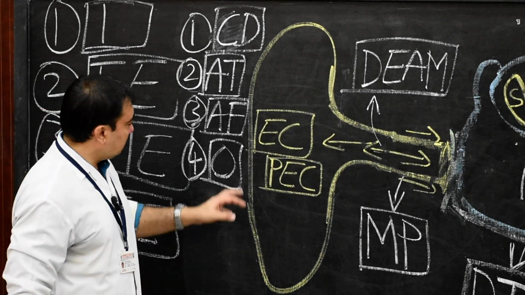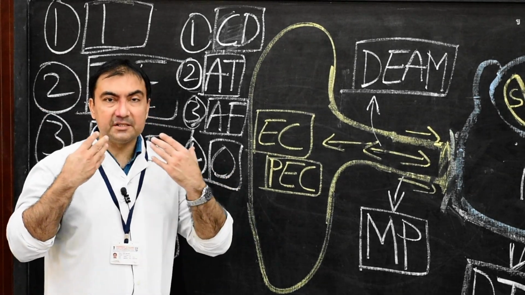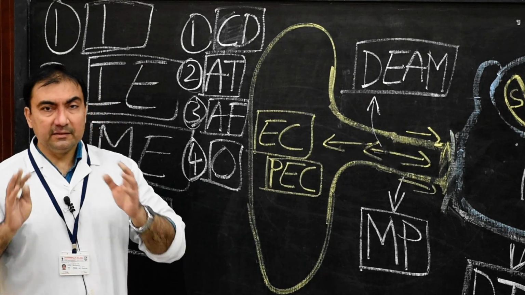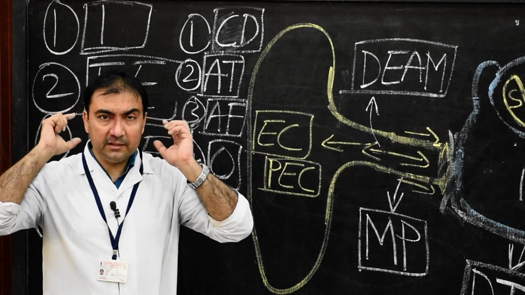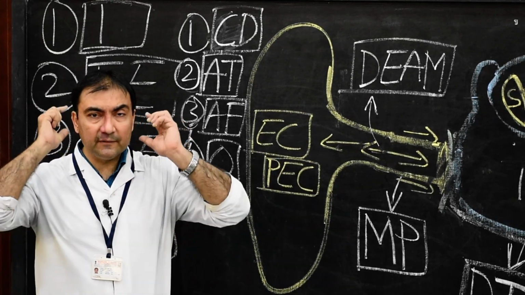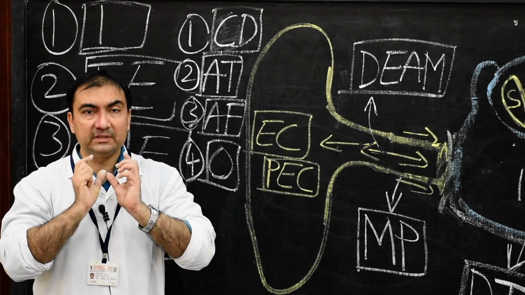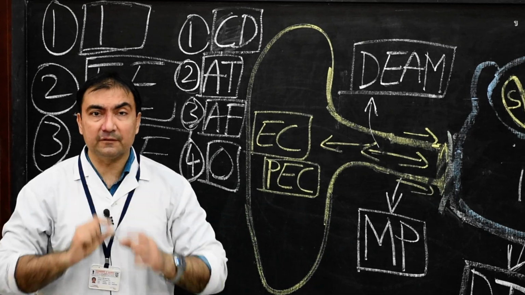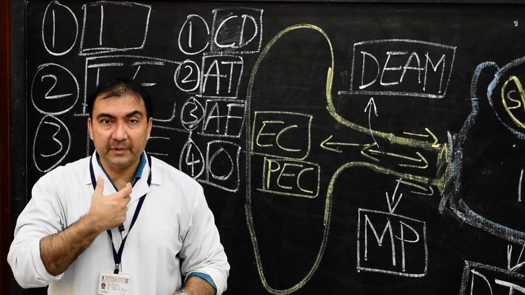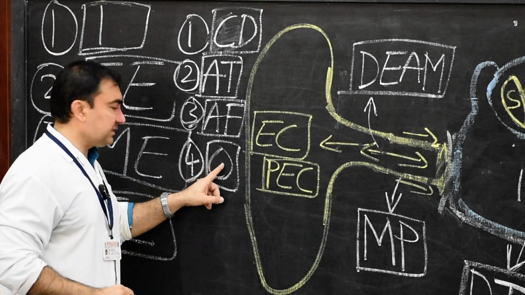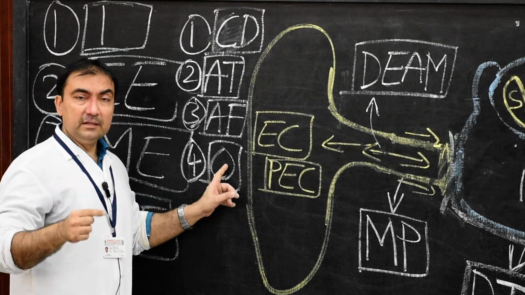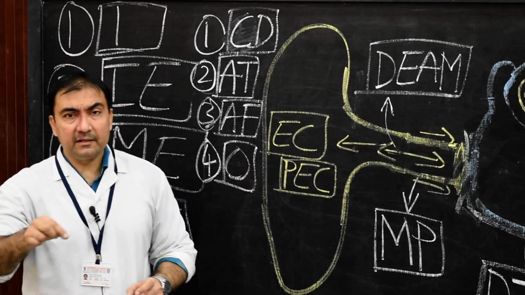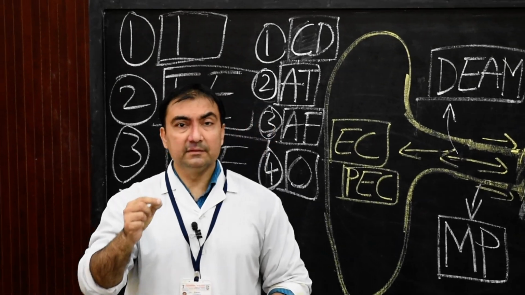In otocephaly, the ventral portion of the mandibular arches will not develop. And so therefore, the external ears will fuse in such a way that they will develop ventrally and downwards, and they will fuse in front of the neck. Both the external ears have fused in front of the neck, ventrally, in the midline. That condition will be known as otocephaly. So here we finish the entire development of the ear. Thank you very much.